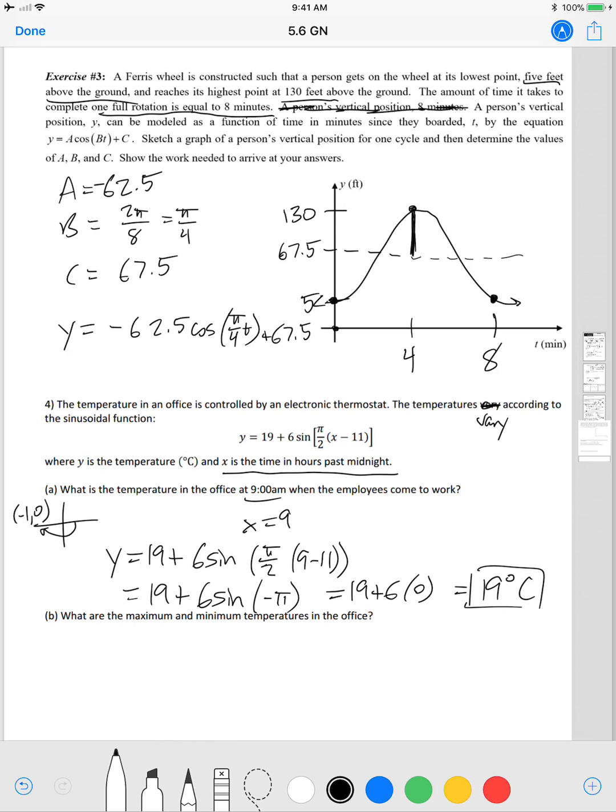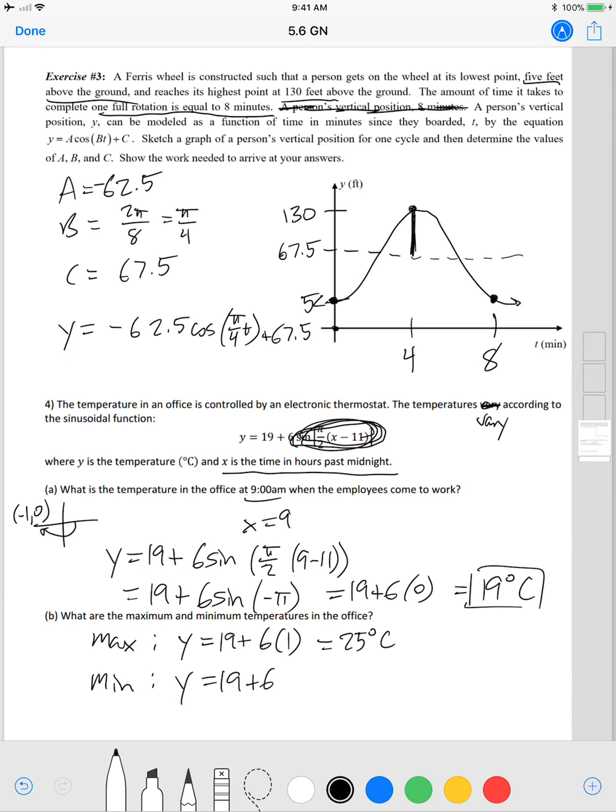Not too bad. And then what are the max and min temperatures in the office? Again, the most that this sine function right here will ever give me as an output is positive 1. So the maximum is going to be y equals 19 plus 6 times 1, or 25 degrees Celsius. The minimum value that that sine function will ever give me is negative 1. So plug in negative 1 for that whole function, and I get 13 degrees Celsius. A little cold, actually, but